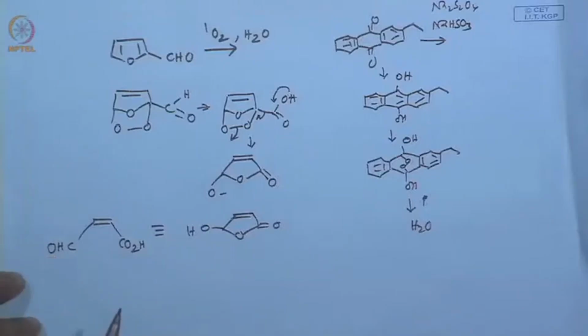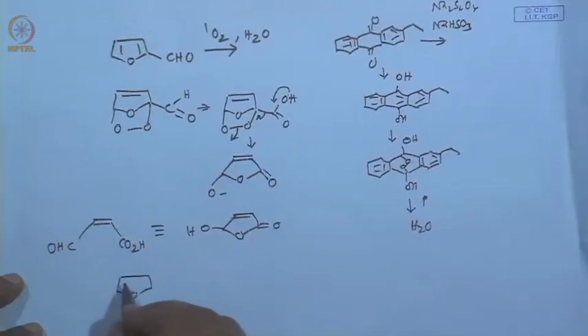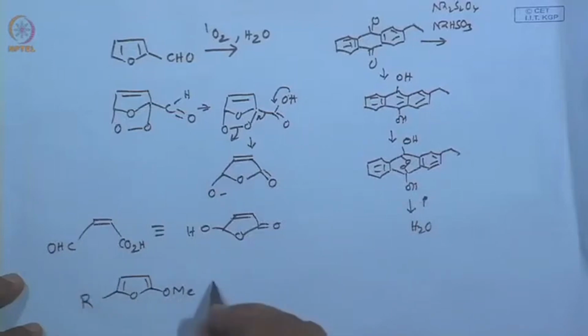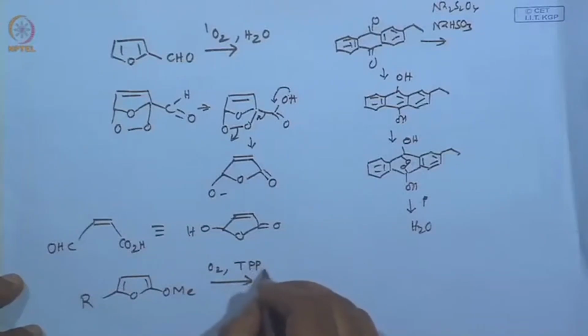So, there is another way of doing it. I mean, there is another way of doing it. Just to give you information. This is an example. Again, a furan, and you have a group R, and in this case, the singlet oxygen is produced separately. TPP, and then light. TPP is basically